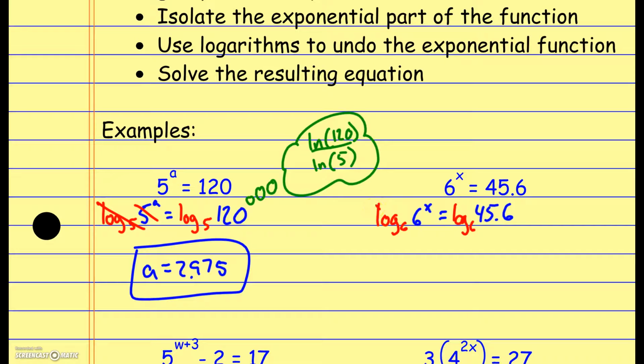And what happens is log base 6 and the 6 cancel each other out, so it leaves me with just an x. Over here, again, this is a job for my calculator. I'm going to plug this in using my change of base formula. I'm going to do the natural log of 45.6 divided by the natural log of 6. Okay, so now I plug this into my calculator,